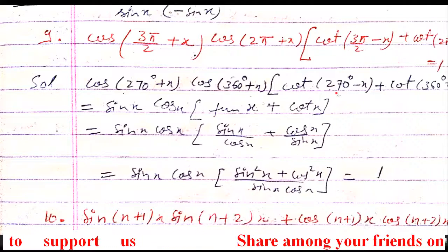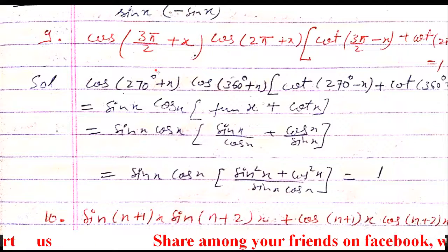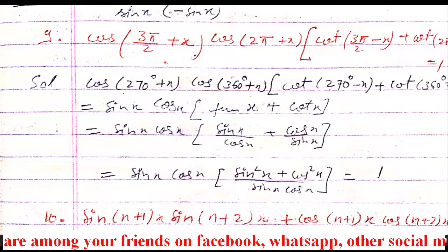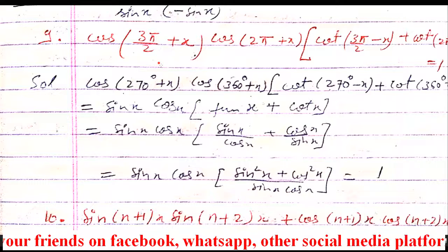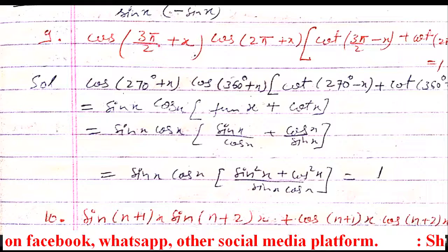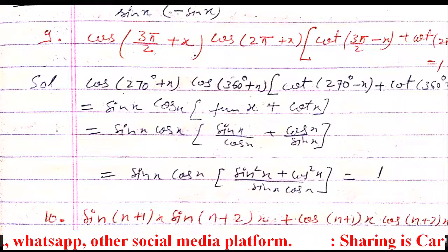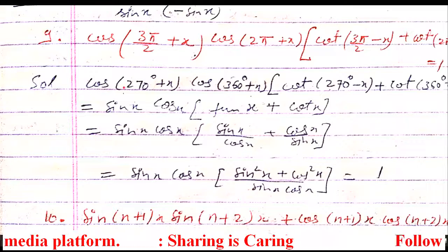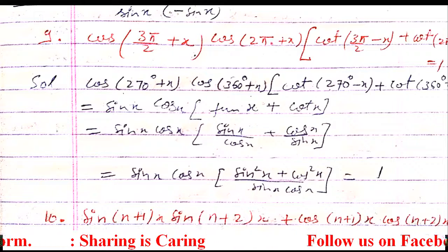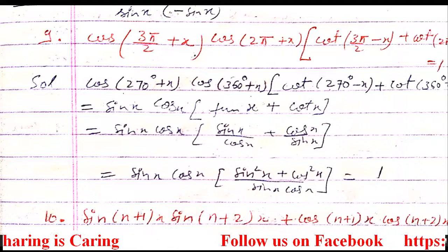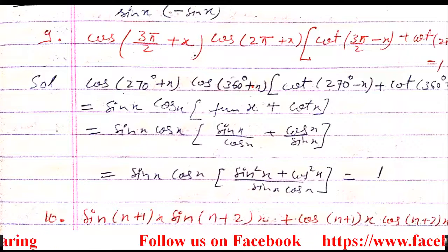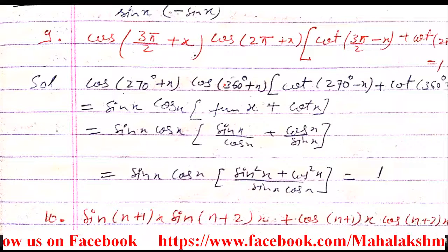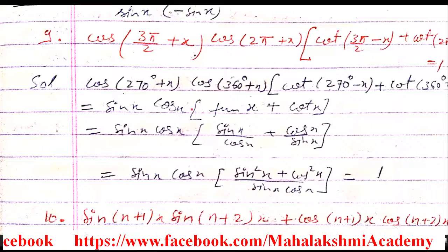So students, once again I am explaining this question number 9. In question number 9, first of all we have to use the formulas of π/2 and 2π. So cos(3π/2 + x) means it will move to the fourth quadrant where cos is positive. That's why positive, and π/2 is there, so it will change. So cos will change to sin, and 2π + x means 360 + x, you are going to be in the first quadrant, and at 2π, along the x-axis, you do not have to change, so it's going to be cos x only.